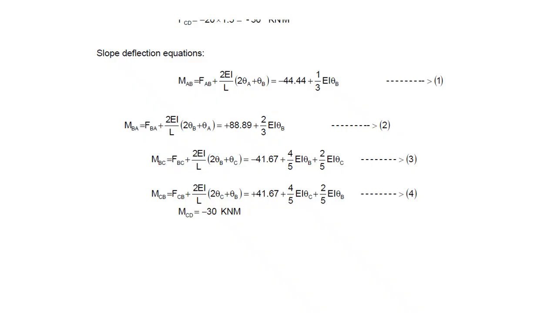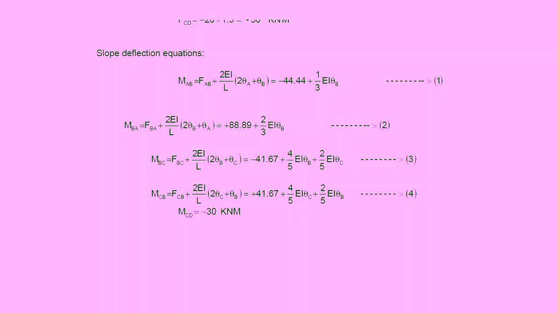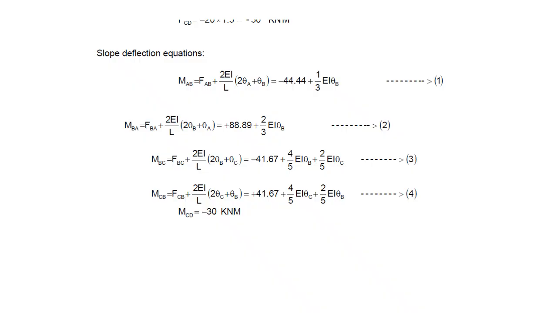For example, MAB for the first span: MAB equals minus 44.44, which is the fixed end moment, followed by the moment due to the joint displacement, 2EI by L, 2 theta A plus theta B, where A is the near end and B is the far end for MAB. Here theta A is 0. So the remaining solution is minus 44.44 plus 1 by 3 EI theta B,